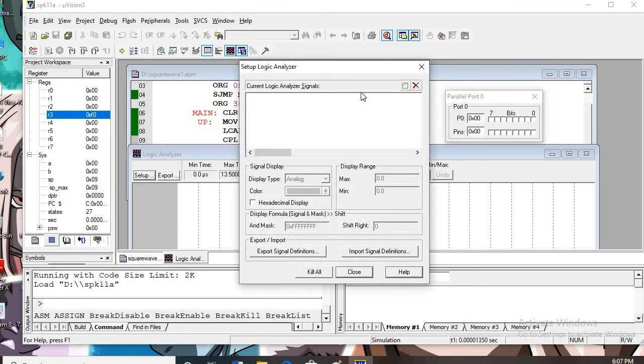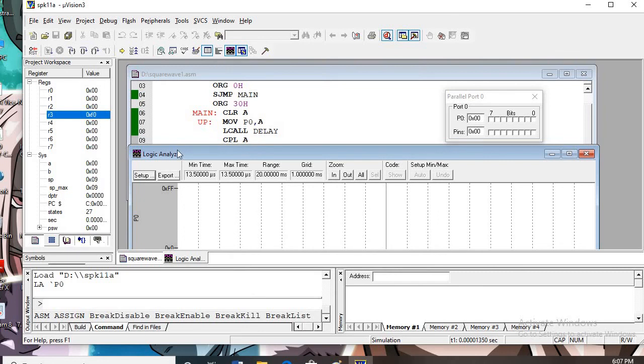So setup, which port we have used in the program, so that is P0. This one you close, and now you run it. Instead of showing loop wise, iteration wise, there is nothing happening, only it is remaining in the loop. So there is no need to do single stepping. Directly we will run this.